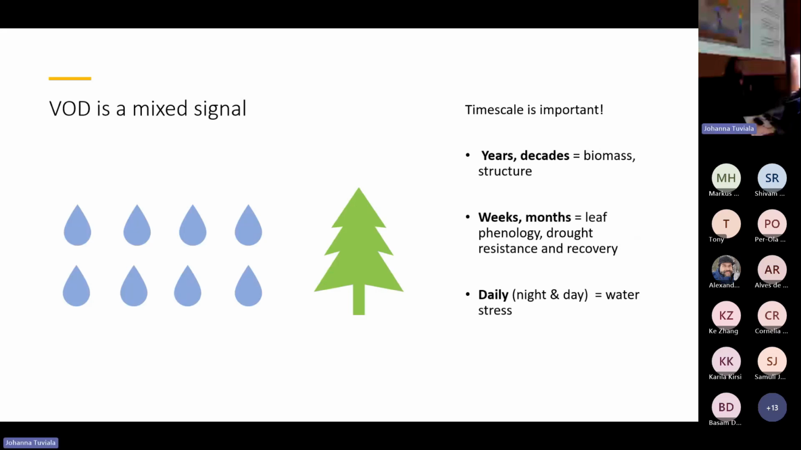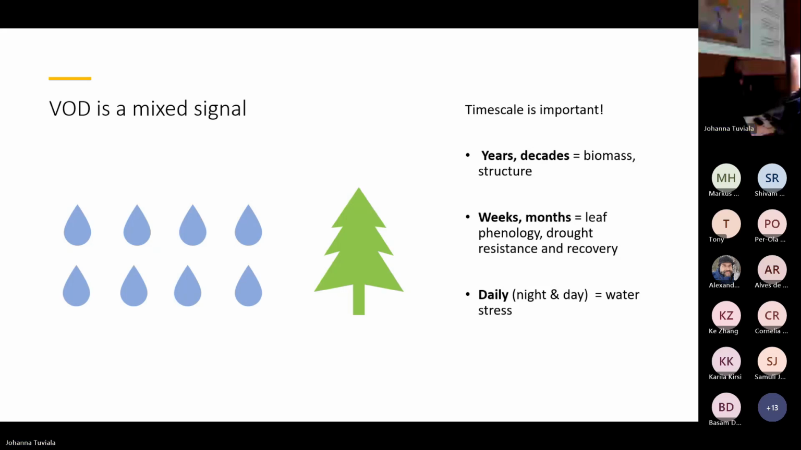So some of the cons of VOD. It's a mixed signal. So basically what one pixel has is just like this cloud of water. So there's no vertical or horizontal variability in what you see. So the problem with that is you don't know whether that's a signal of how big the tree is or if it's actually stressed. So the timescale that you look at VOD is really important, because when you look at